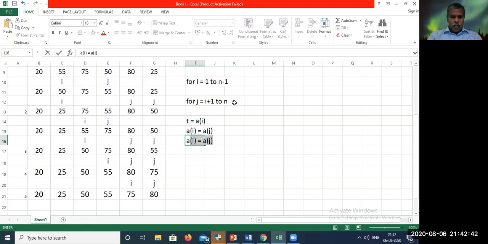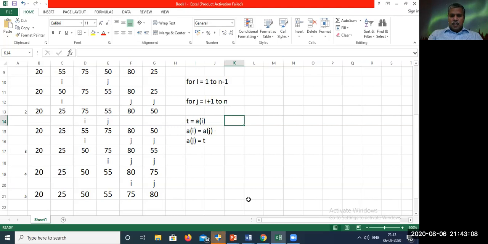Now A of j is free, so the temporary element will be moved to A of j. This is for swapping. This is the algorithm. If you are free, you can take some other elements and do the sorting. Then you will have a clear idea of how the sorting works.